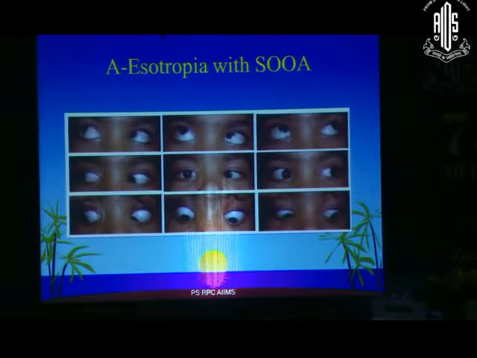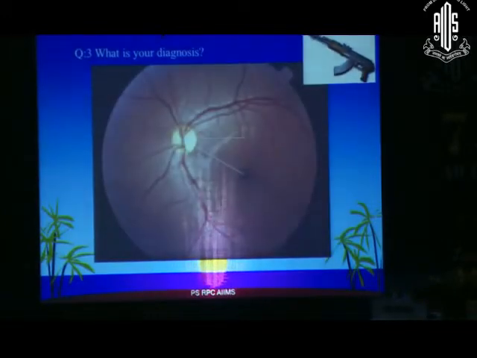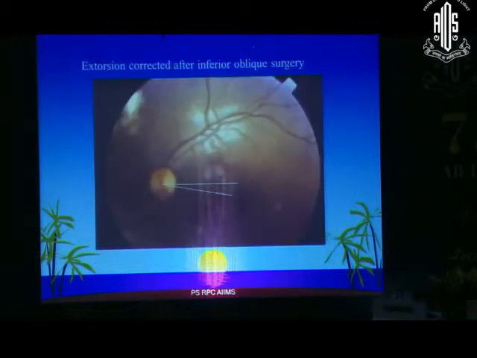What is here? An A esotropia with bilateral superior oblique overactions. What for superior oblique overaction? Look for the superior limbus. For inferior oblique overaction, look for the inferior limbus, not the coverage of the cornea by the lids. Without superior oblique overaction here, you will find that the eyes are almost at the same level, the superior limbus. But still there is an A, ESO, less in the down gaze. So we will have to manage them. Fundus, as you are asking, look for the fundus. Inferior oblique overaction will have this extortion. And after the surgery, this can be corrected. If you have the inferior oblique corrected, you will be straight.